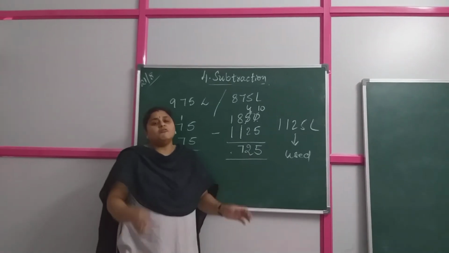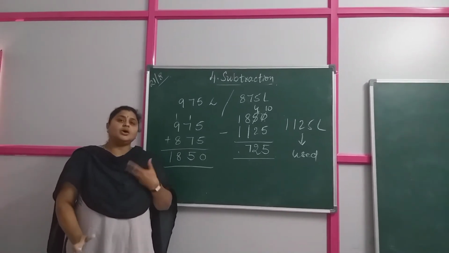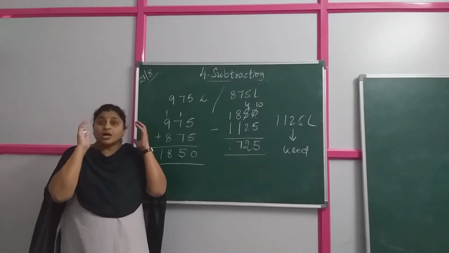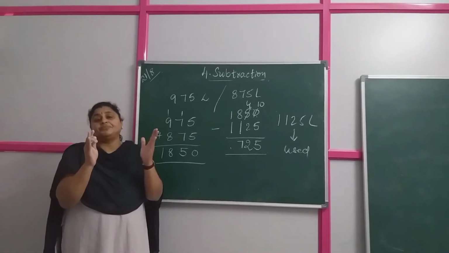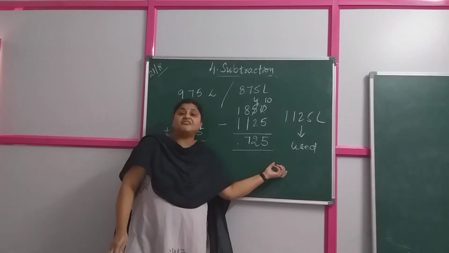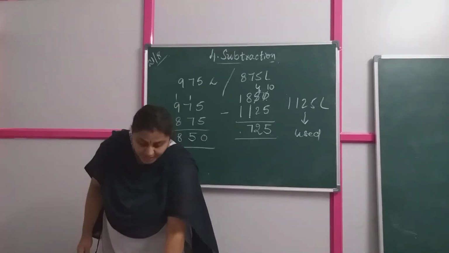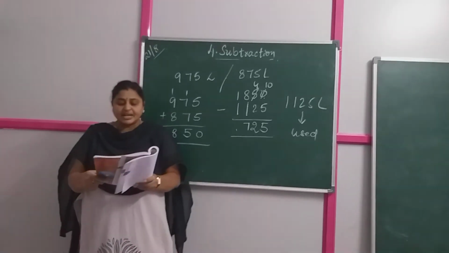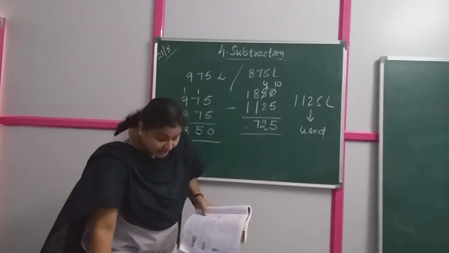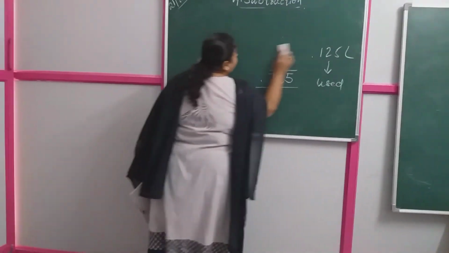725. Now when you have such a word problem, children, don't concentrate on how to write the statement. You leave aside writing the statement, but concentrate on which numbers we have to add and which numbers we have to subtract. Got it children? If you see your third problem, Jaya bought 5075 balloons of different colors. How many balloons did she buy? 5075 balloons of different colors Jaya has bought.